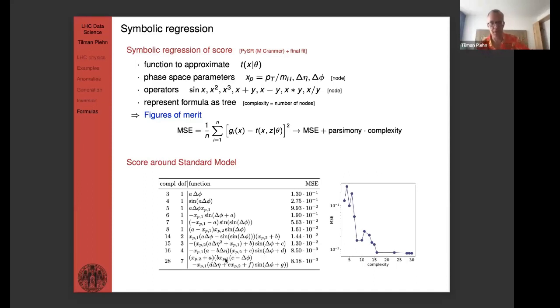Complexity 16 is the final formula, because if you allow for more complexity, you're not getting any better. And formula 16 is interesting because it's after detector effects. And we know already what the formula is. It shouldn't be formula 16, right? It should be something like 8, pT1 times pT2 times sine delta phi. However, detector effects do appear, for instance, on eta. So 16 now has a dependence on eta, something that at the parton level doesn't exist. But if you take detector effects into account, it does exist.